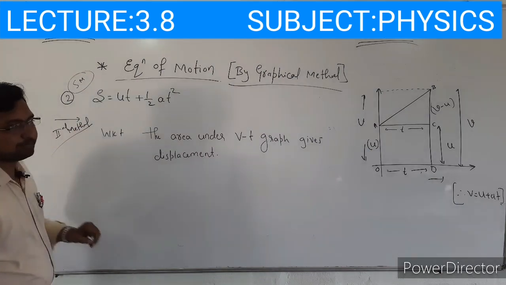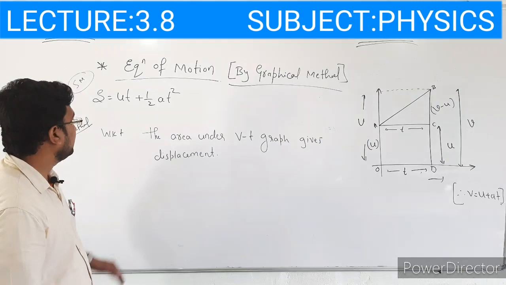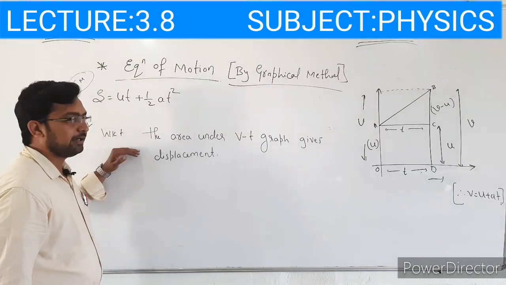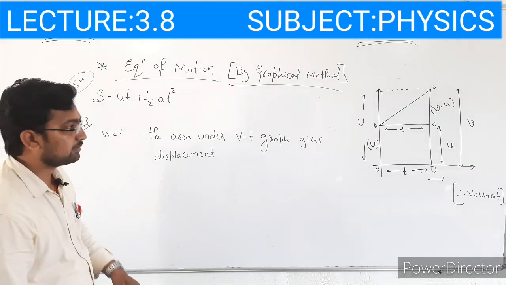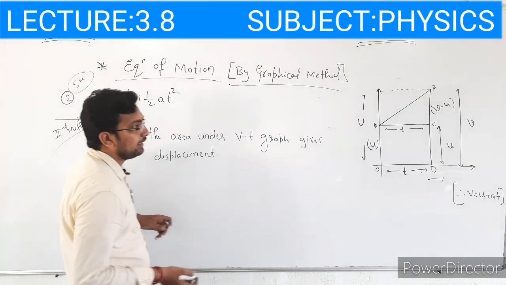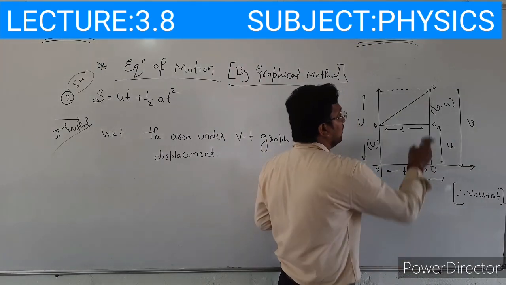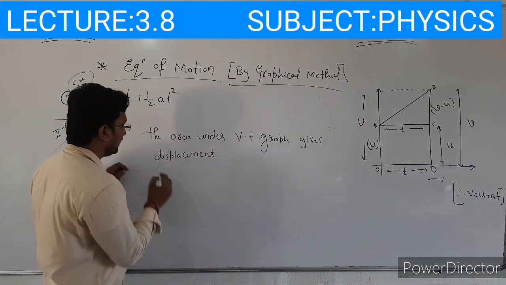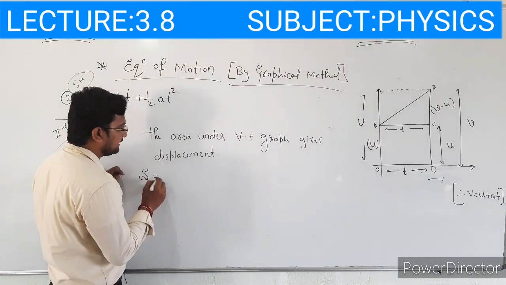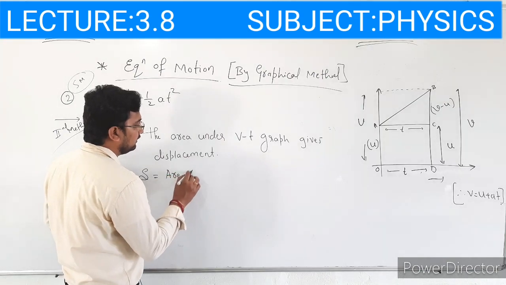In the second method, the consideration part is the same, the diagram is also the same, and this point is also the same: the area under the v-t graph gives the displacement. So in this case we are considering this diagram and dividing it into two parts, one is the triangle and one is the rectangle. See here, then displacement is equal to,